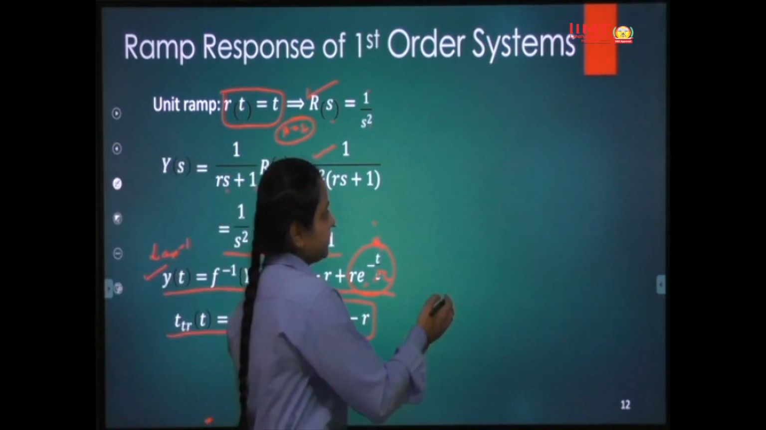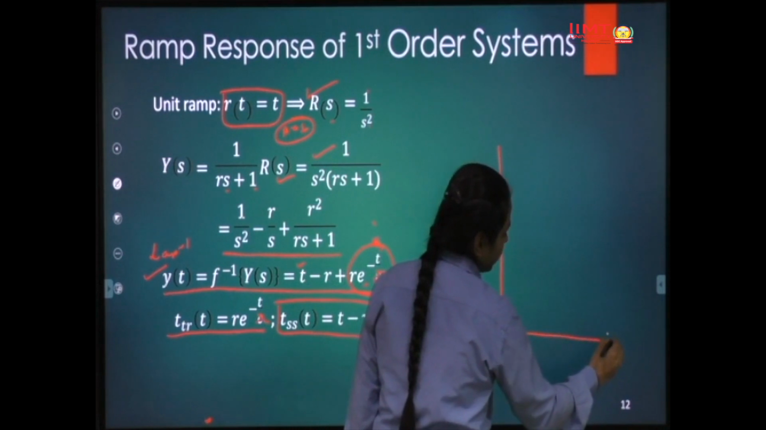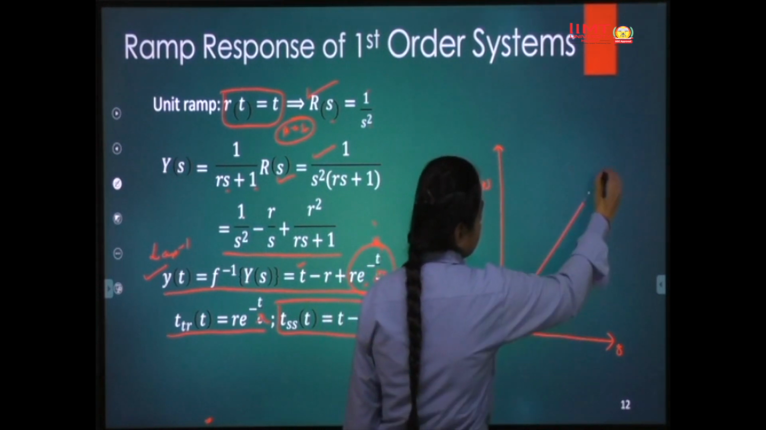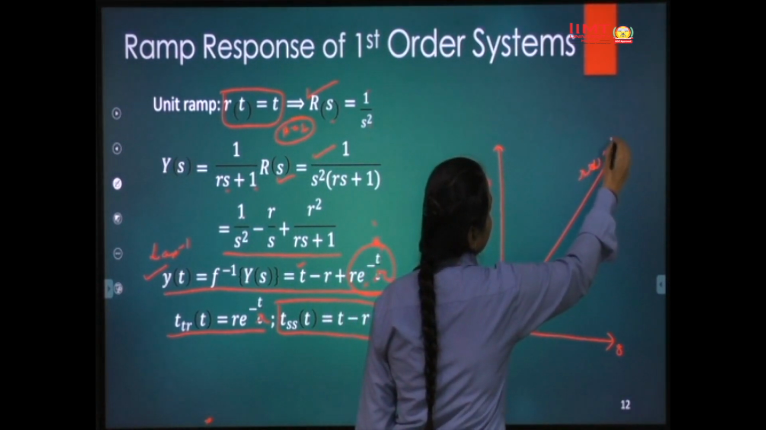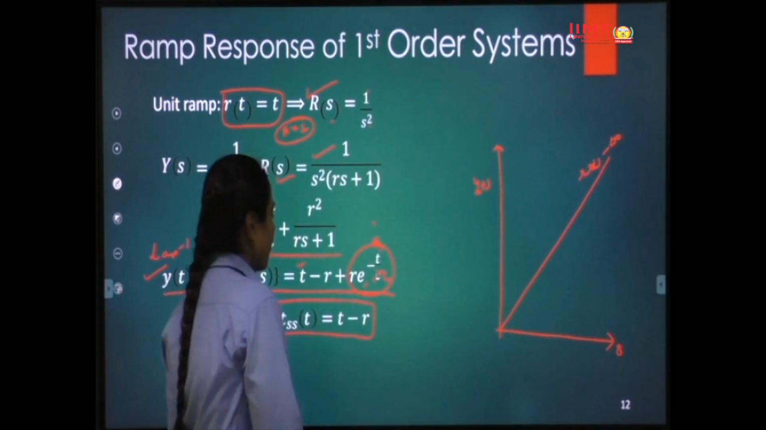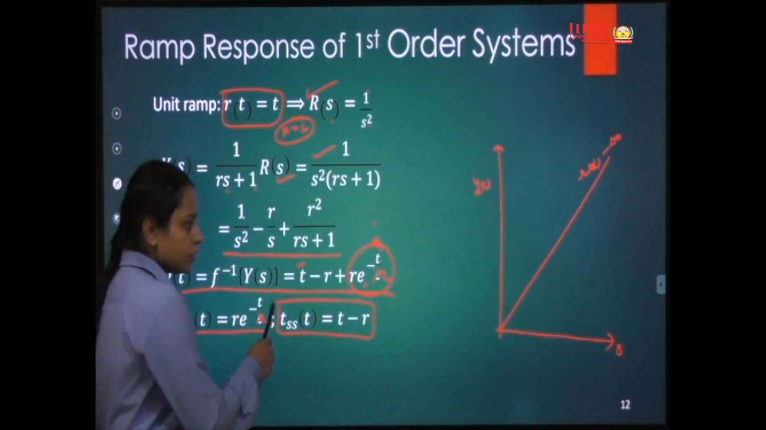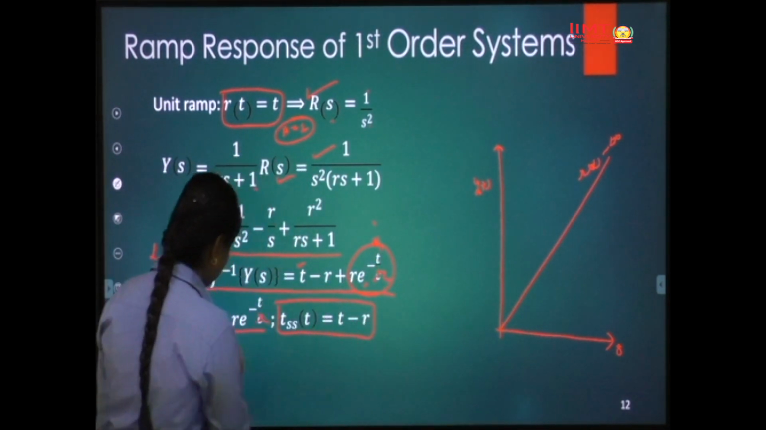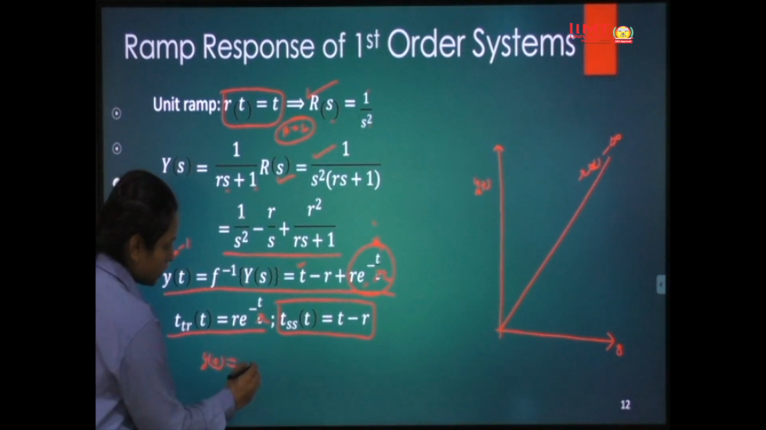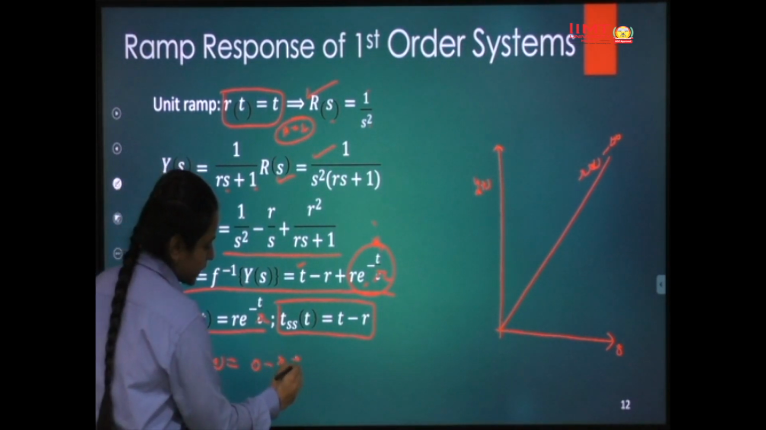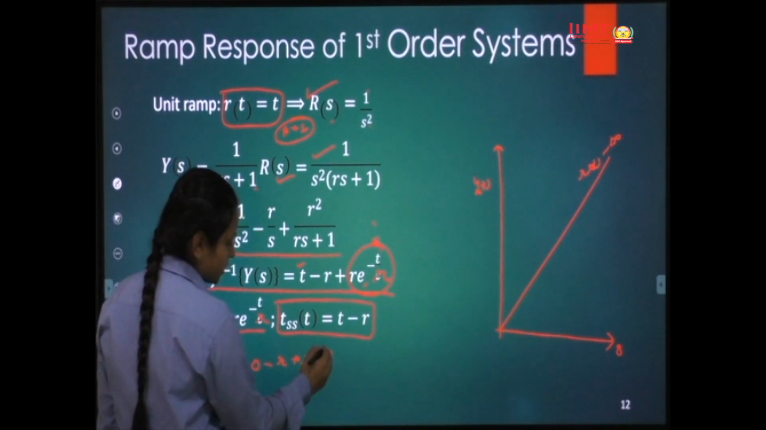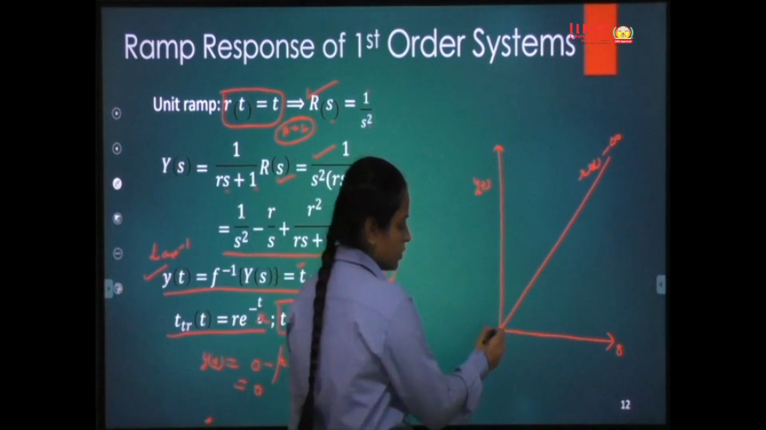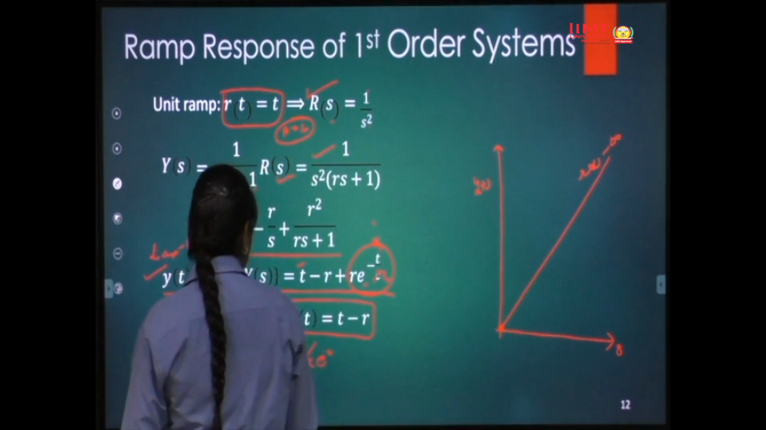So if we draw the graphical representation, we have this y(t), say this is your r(t) or input. Okay, at t equal to 0, y(0) would be equal to 0 minus R plus R e to the power 0, which is equal to R. So this would cancel out and this would be equal to 0. So at t equal to 0, the response would start from here,